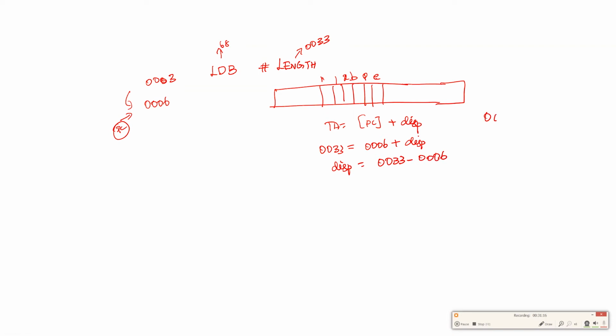So 13 plus 3, 16, 16 minus 6. 16 plus 3, it is 19. So 19 minus 6, it is again 13. Previously we have discussed, 13 is D. So 02D. I'll write again 02D.